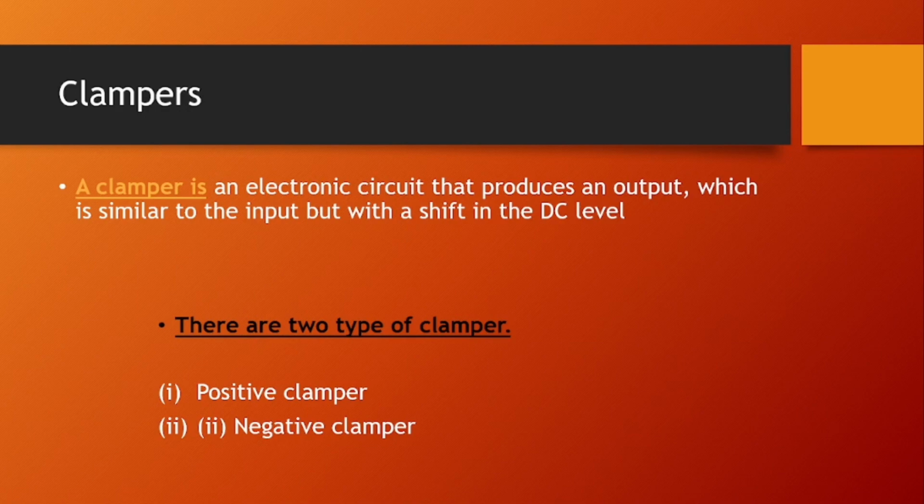A positive clamper circuit outputs a purely positive waveform from an input signal. It offsets the input signal so that all of the waveform is greater than 0 V. A negative clamper is the opposite of this. This clamper outputs a purely negative waveform from an input signal. Next,